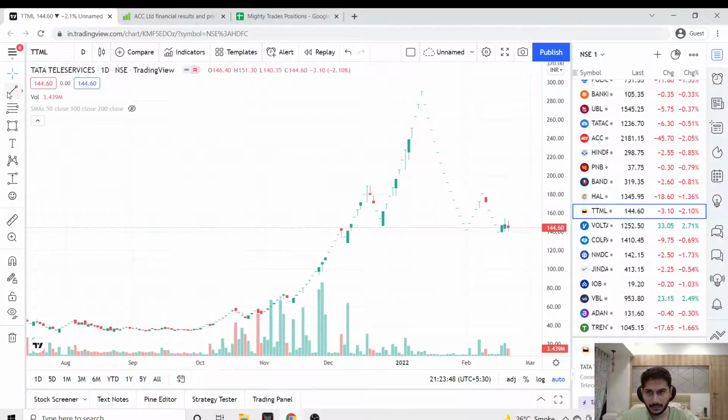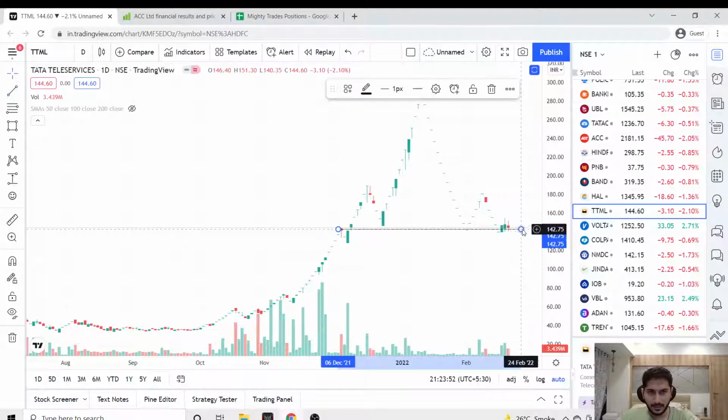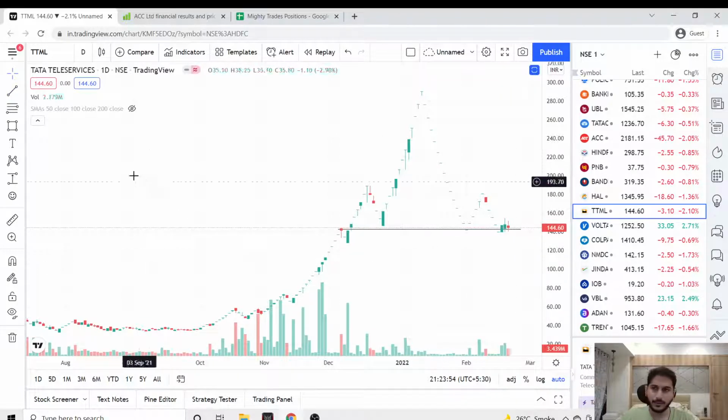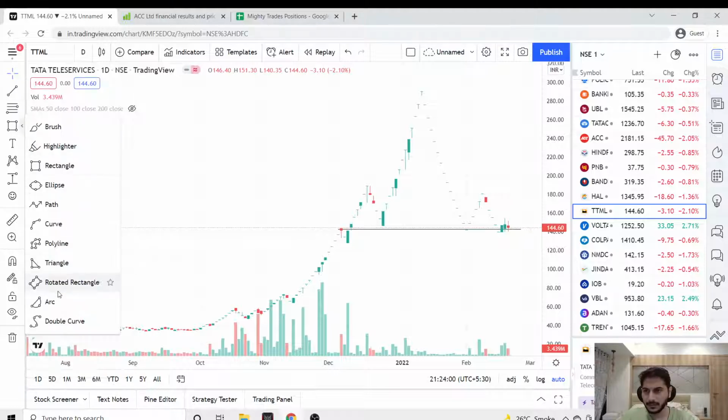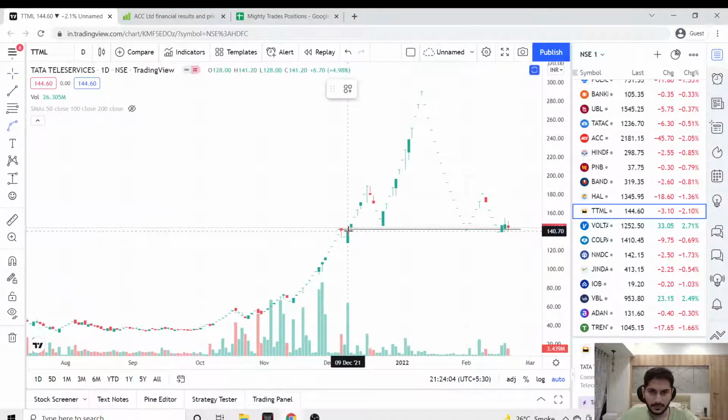And very possibly, if I'm not wrong, it looks like it has made a proper head and shoulder pattern. This is not an inverted head and shoulder pattern. This is a proper head and shoulder pattern here. So let me draw this for you guys. So this is the,